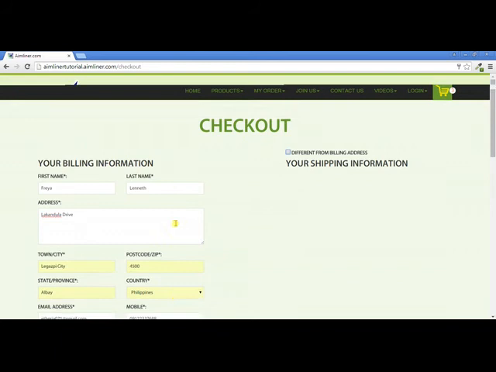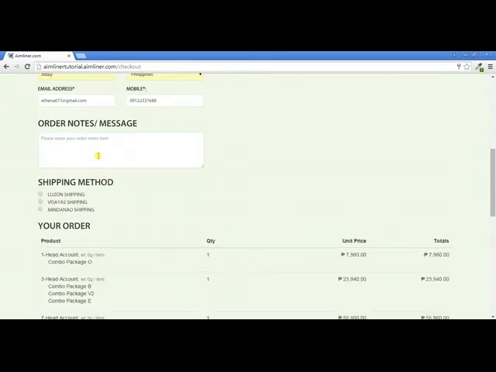Okay. All right. And on this part as well, you can put some notes on some important things like when are you going to pay, or how soon can you get the item, things like that. So let's just try it here. Payments will be made